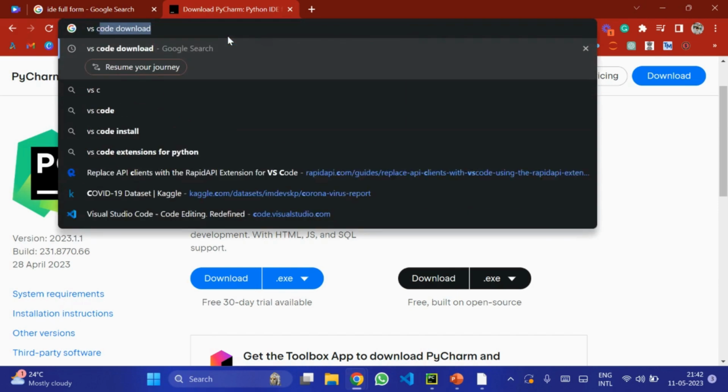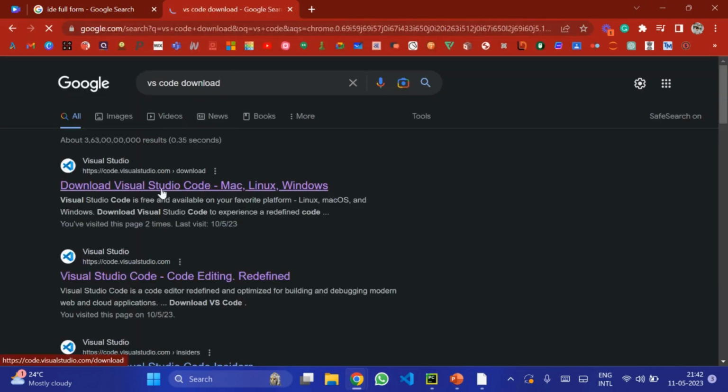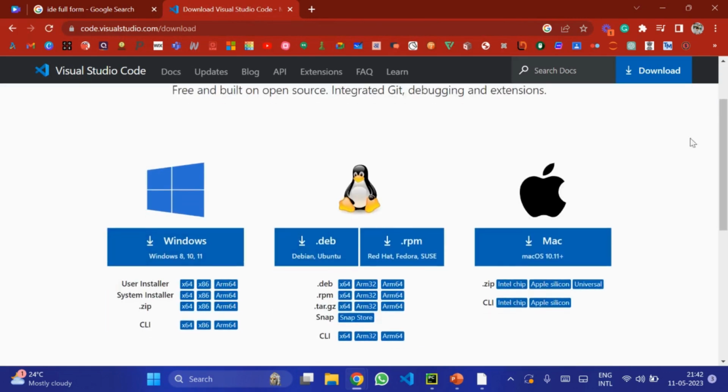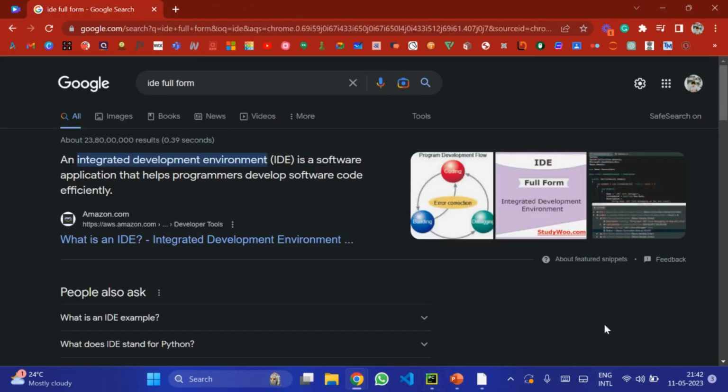In the same way, you can even install VS Code. VS Code download. Download Visual Studio Code. Again, it's available for Mac, Linux, and Windows. Now, this is the speciality of most of these IDEs. You can get them for various other operating systems. So this is how you download it. You click on this button, it'll start the downloading process, and you just go through the installation. Once the installer gets downloaded in both, just go to your downloads folder and double click on the installer. The installation process will start. Now, once you're done with installing, I will finally do what I promised you at the starting, your first Python